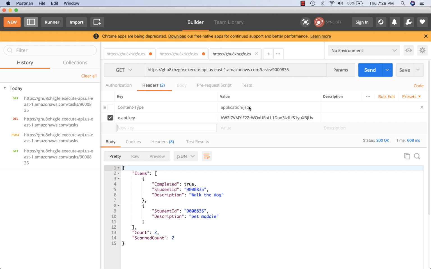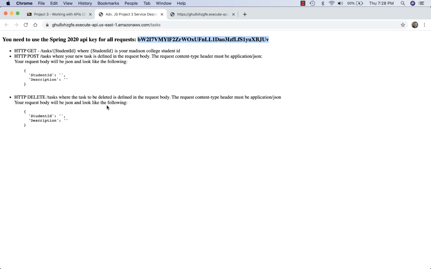Okay, but this Postman is a handy little tool that I like to use to make sure that my API is working and that I understand how I'm going to interact with the API before I start coding in JavaScript. Okay, so now that we know how the API is going to work, what I want to do is I want to bring up Atom,